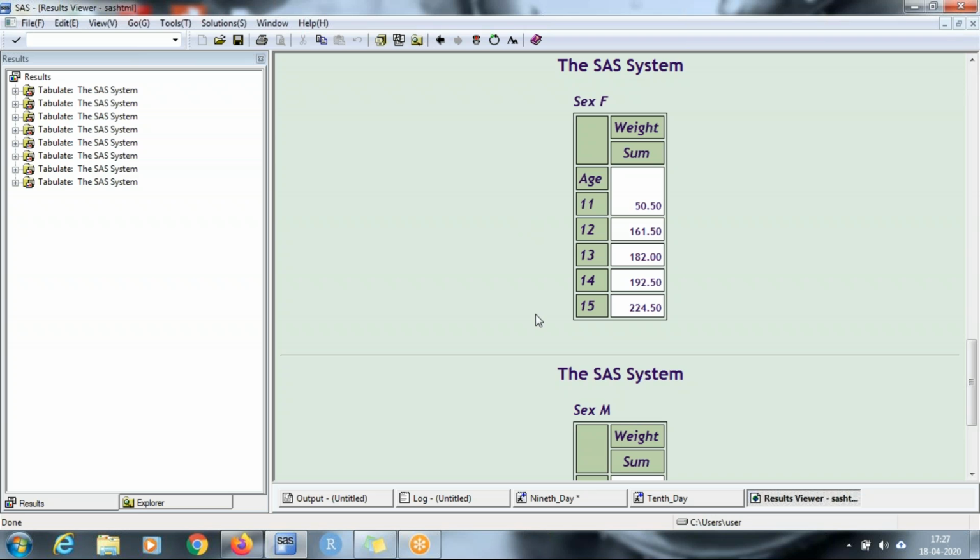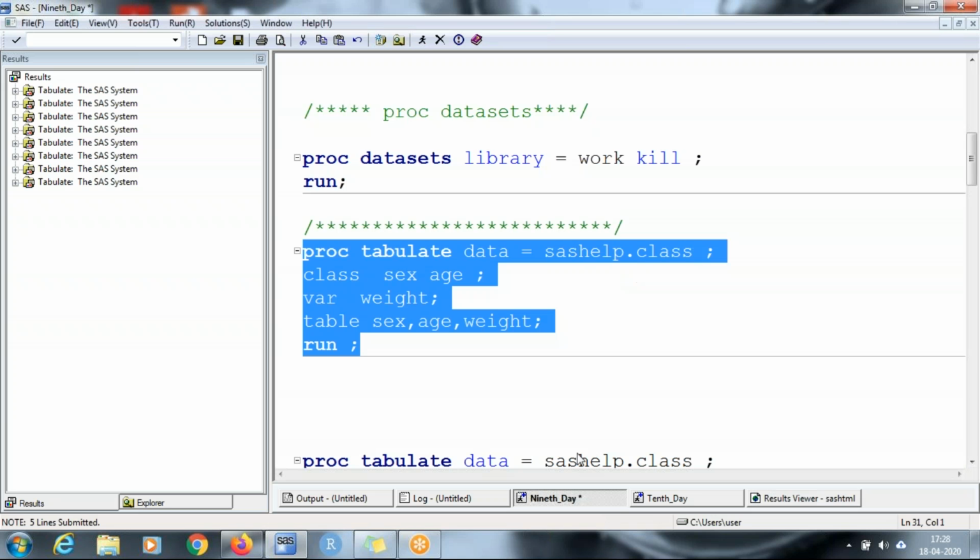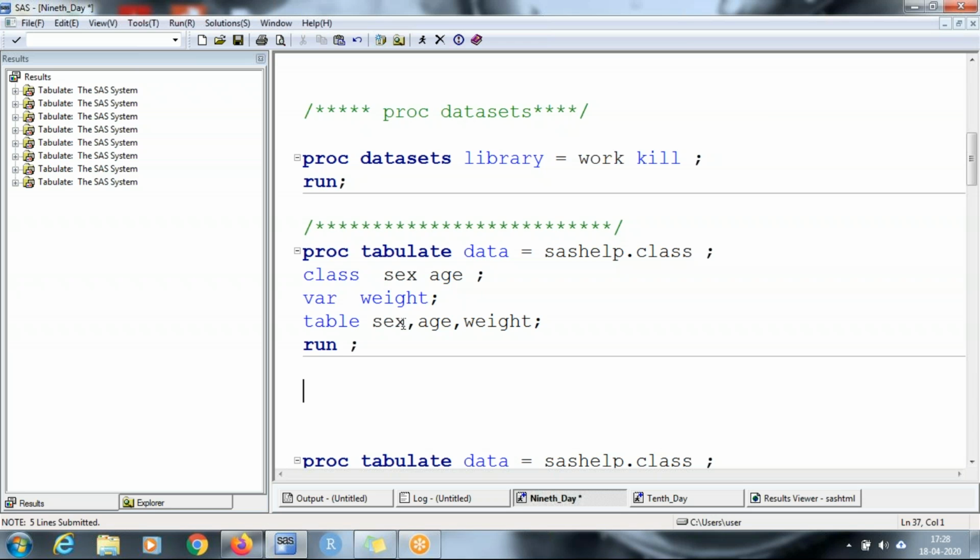So now if you look at the output, this is column, these are rows, and this entire thing is coming on one page. So this is a page dimension. So this is three-dimensional data. Did you get this? And now let me just show you the code. Page, row, column.